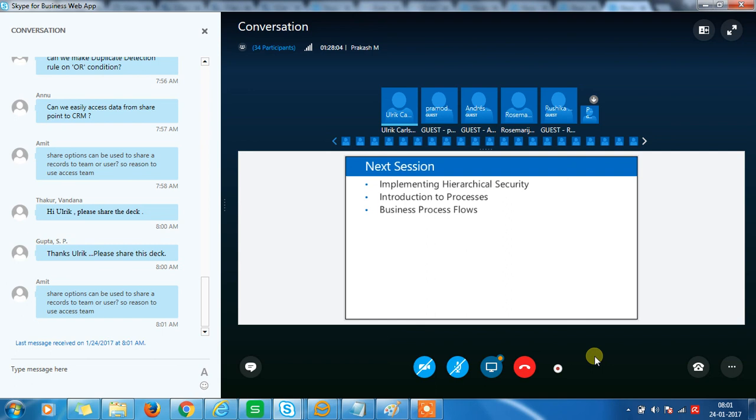If you share records a lot, the access teams can be specific to the individual opportunity, for example. You can say this opportunity should only be shared with these individuals, and they'll be a part of the access team. Once that opportunity is either deleted, deactivated, whatever it is, then that access team will cease to exist. So basically, the access team was made so that you could dynamically share records with specific